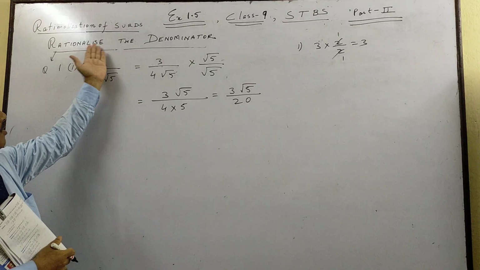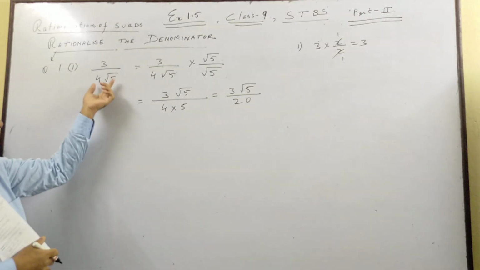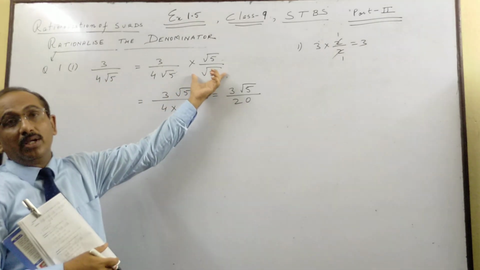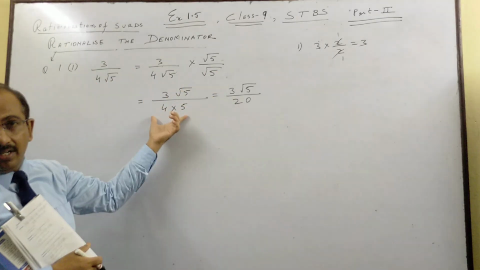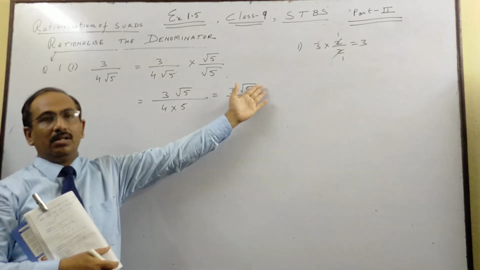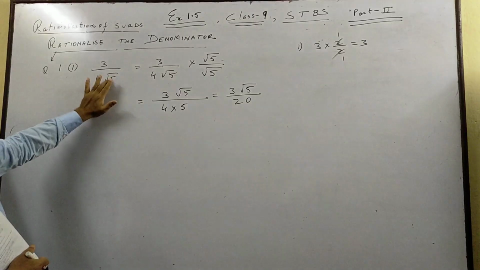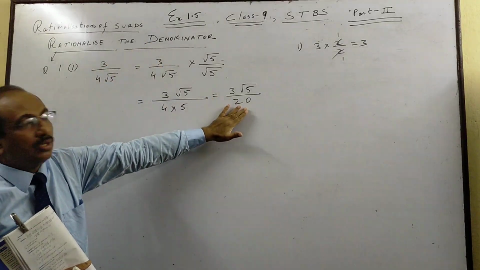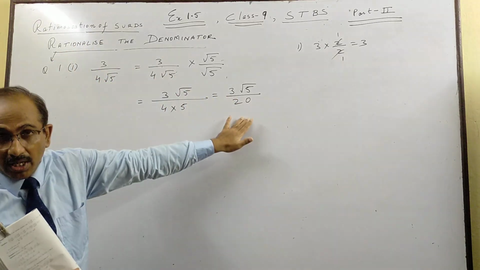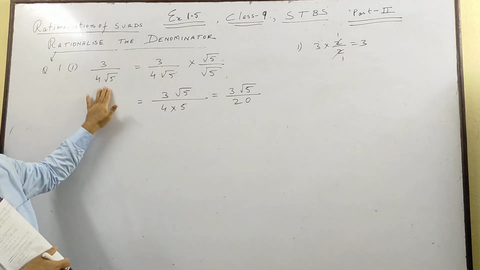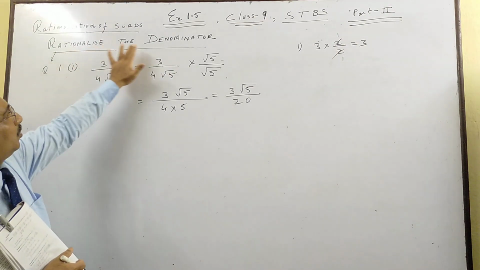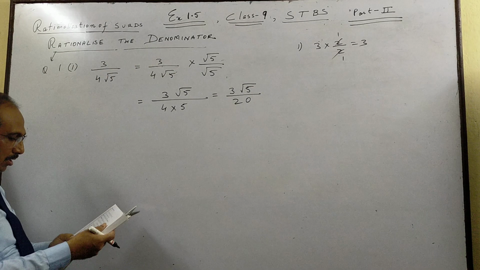So what has happened? We have rationalized the denominator where the irrational number was in the denominator. By multiplying and dividing by root 5, we get rid of the root from the denominator. Maybe the answer has an irrational number in the numerator, because the question was to rationalize the denominator. There is no irrational number in the denominator. These two are equal, but this has an irrational number in the denominator, this has an irrational number in the numerator, but we have to rationalize the denominator. Next question,